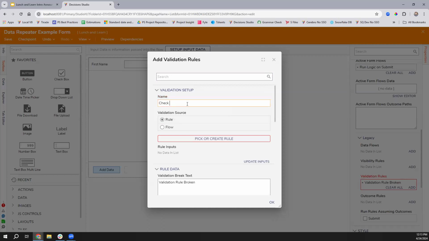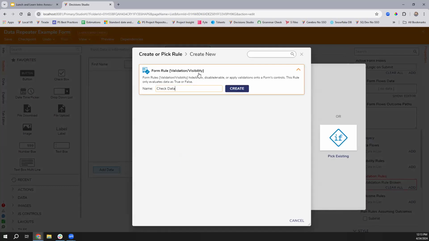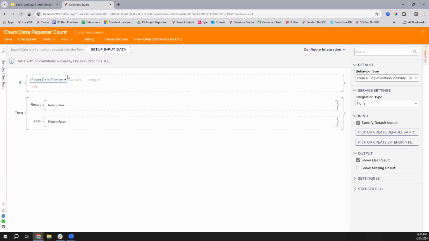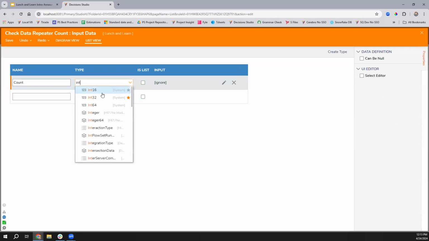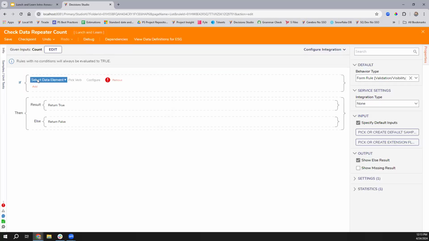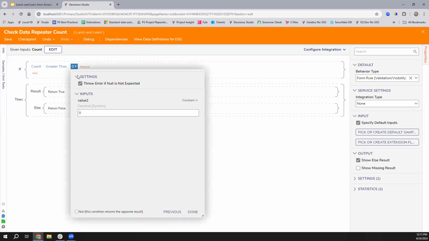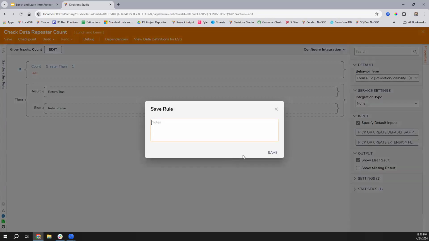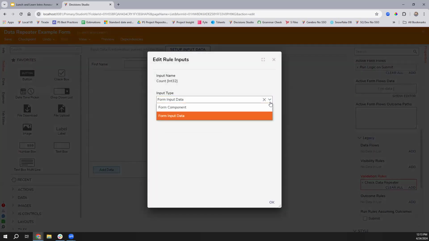Check data here. Maybe it'd be easier here if we just do it. Well, let's just see what it gives us in a rule. And maybe I want to do, okay, so yeah, it's been a while since I worked with the legacy. So you have to actually define your inputs on the rule. So let's just say we want to see if the data repeater count is greater than one. So this means there's more than one item in the repeater. So if I update my inputs, count should now be,